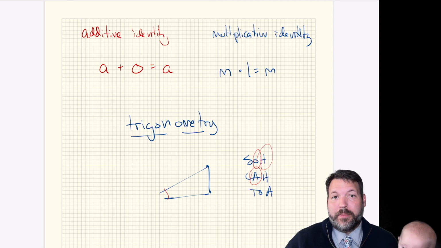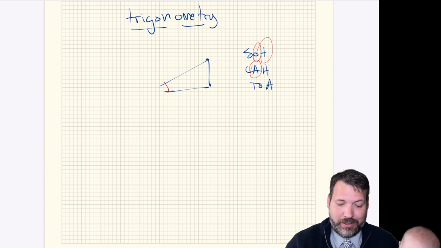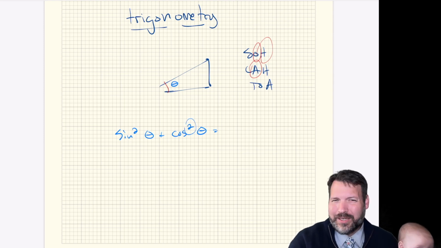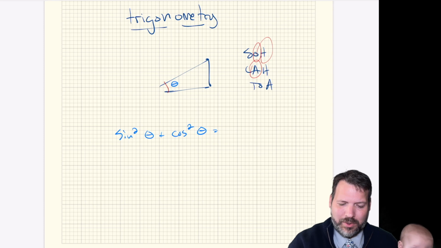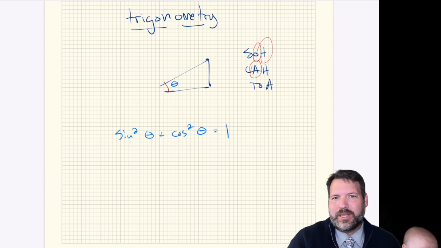And then from that information, teachers start making you just memorize stuff, like sine squared of some angle, which we normally call theta, that's the measurement of the angle there, plus the cosine squared of that same angle. It's like, why are we squaring cosine? Why are we putting the 2 next to the cosine? That's weird. What is it that we're squaring? Is there something we call COS that we're squaring? But anyway, teacher just says memorize it, so we memorize it. Equals 1. It's like, what? What if I change the angle, right?